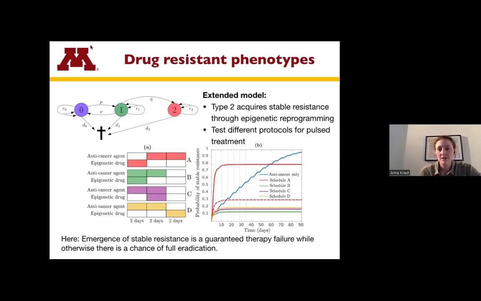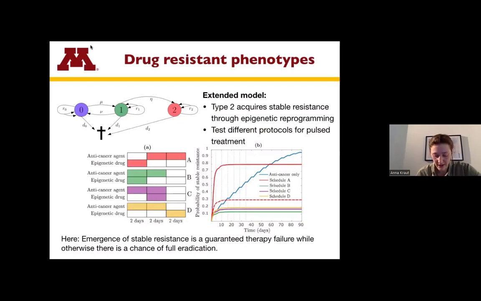And so instead of looking at the tumor outgrowing the therapy, what they've been studying is, under different therapy protocols, what is the potential for acquiring this stable resistance, which then basically means guaranteed therapy failure, because you then have a type of tumor cell that can grow and is permanently resistant to the therapy. But the potential for acquiring the stable resistance is nevertheless tied to tumor survival in the original model as well, because we only see this switch from the